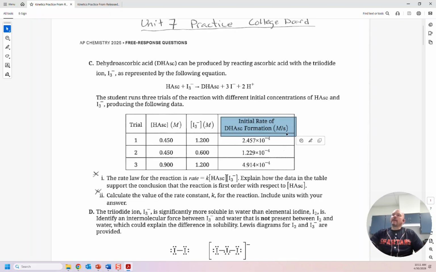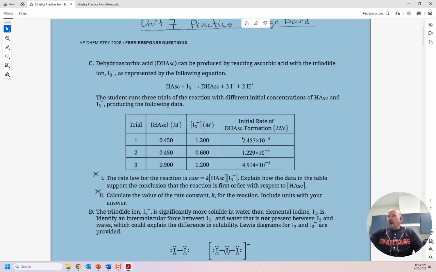But remember, if this thing that we're monitoring the rate of, in this case the rate of formation of this product, has a coefficient of 1, then that is the overall rate of the reaction. They don't ask this question in this setup, but one thing I might do is, if I know the rate of formation of this thing for trial